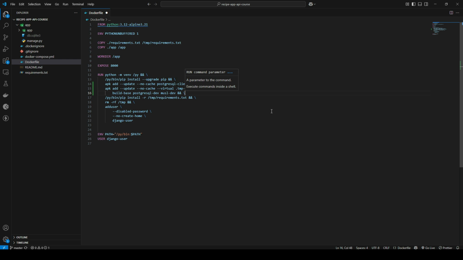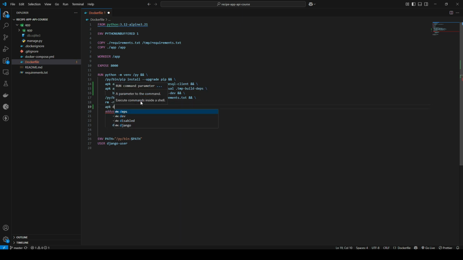Then after we install the packages, and before we remove the temp files here, I'm going to add a new line, then apk del .tmp-build-deps && \